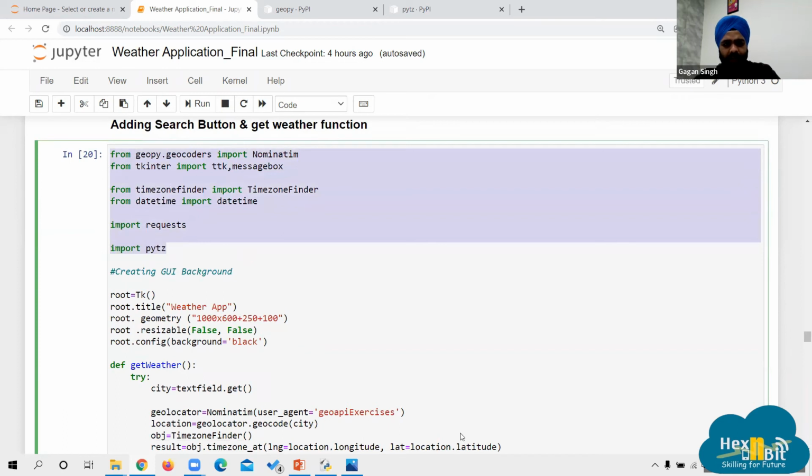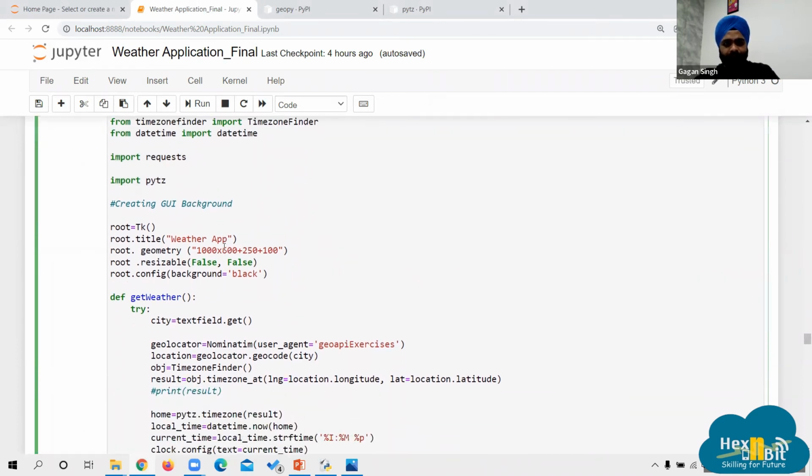Out of this, GeoPy, time zone finder, and PyTZ, the time zone finder and GeoPy are external modules. PyTZ you might need to install, or it might be an internal module. You just need to check once again for that. If it is not installed, you can just use the pip install PyTZ command for it.